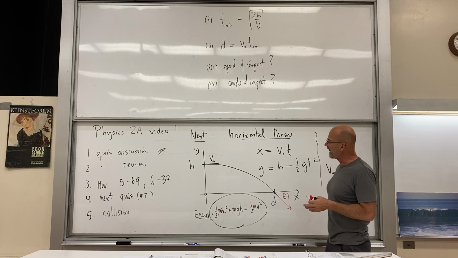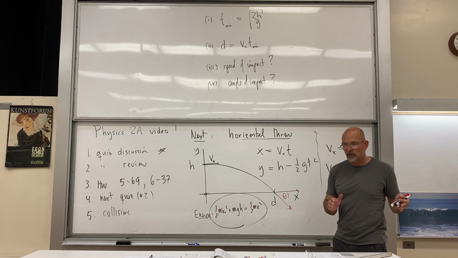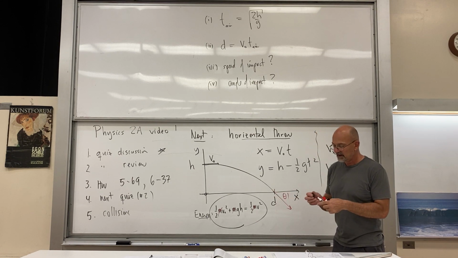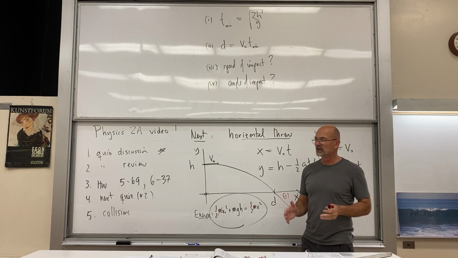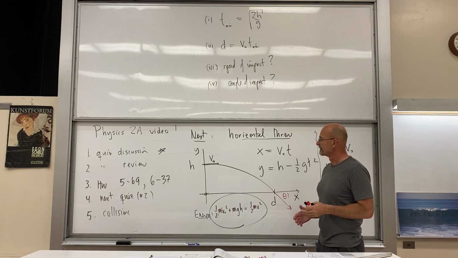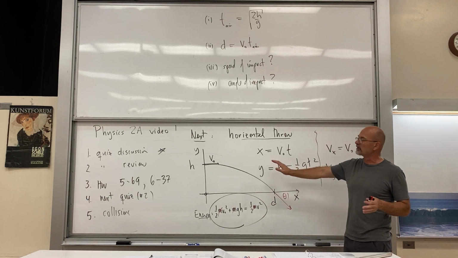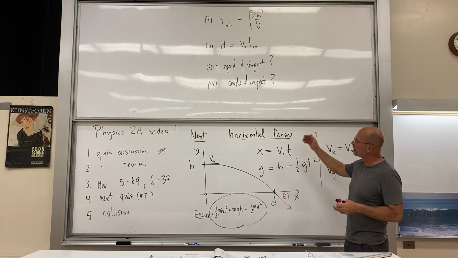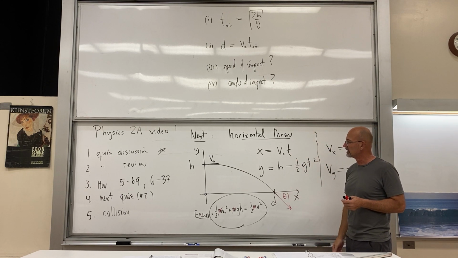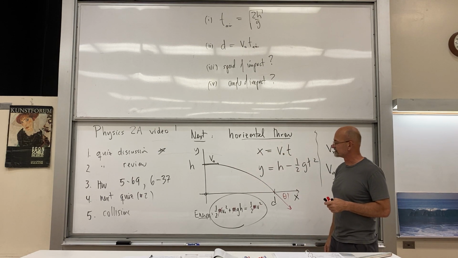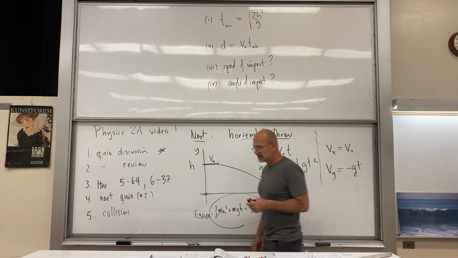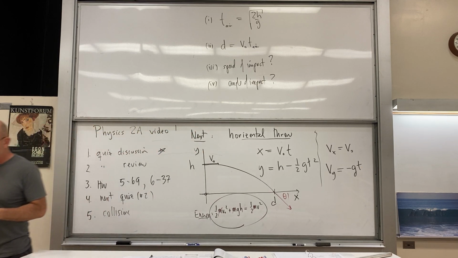But our quiz problems are going to progress through the material we've studied. And so the whole system of what we're doing is an ongoing review. These are all going to be important problems, right? So the vertical throw is an important one, horizontal throw is an important one. And we'll move on. After that, we may do a full-on projectile type of problem. Okay, good. So we've talked about that.